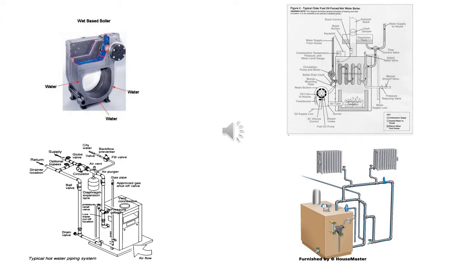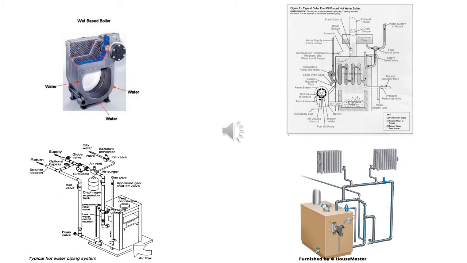Boilers can either be a wet-based boiler or a dry-based boiler. What that means is that the combustion chamber is surrounded by water or the water is above the combustion chamber. If you look at the pictures, the one on the top left is a wet-based boiler heat exchanger. Notice how the heat exchanger is designed so water is all around the area that the flame is fired. If you look at the picture on the upper right, you will notice that the heat exchanger is positioned above